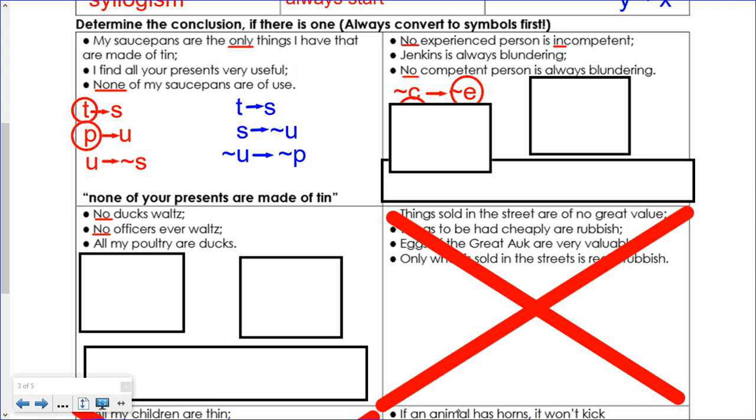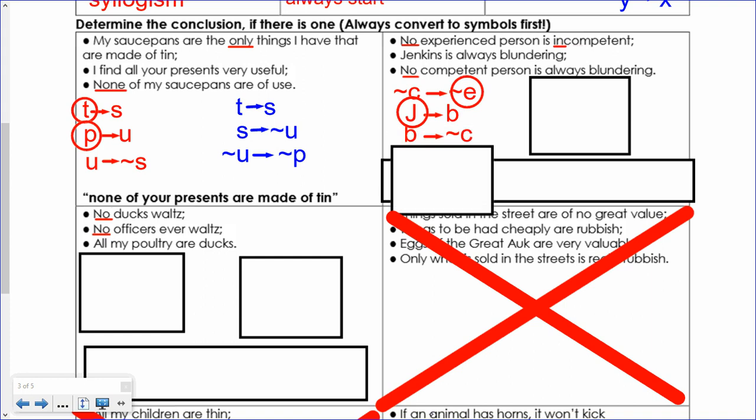Great. How would I rewrite "Jenkins is always blundering" as a conditional? If it's Jenkins, then he's blundering. So how would I write that in symbols? J arrow B. If it's Jenkins, then he's always blundering. Okay. And then I have "no competent person is always blundering." Remember, when the no or none is at the very beginning, I take the two ideas and swap them. So what would come first? B for blundering, arrow, and then